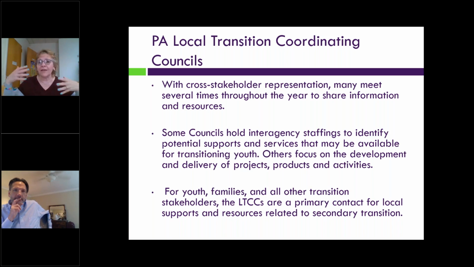In another county, there are different parents that come and go over the years that actively participate. But it's really good to have cross stakeholder representation. So you have various people from different LEAs, different roles at the intermediate unit, depending on what they're doing or assisting in transition. So it really is a good way to get to know who's who in your county and what's maybe going on around transition. And